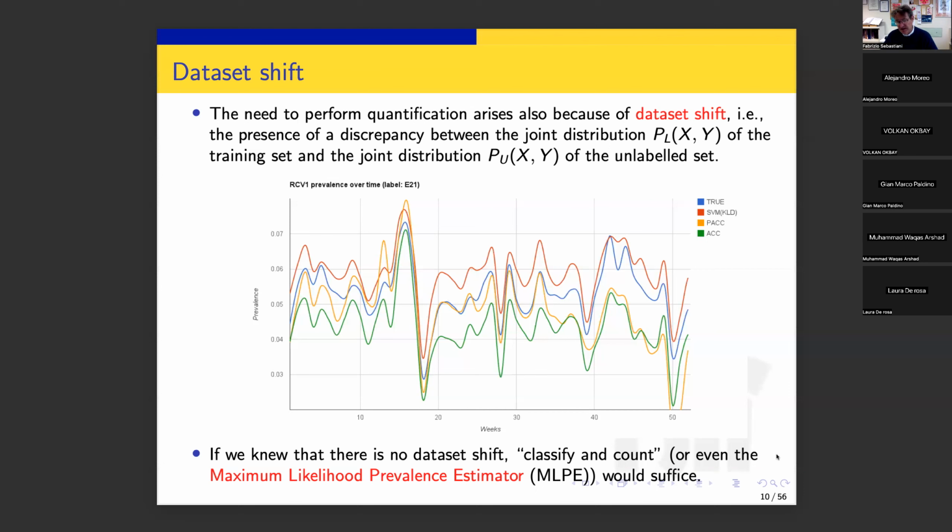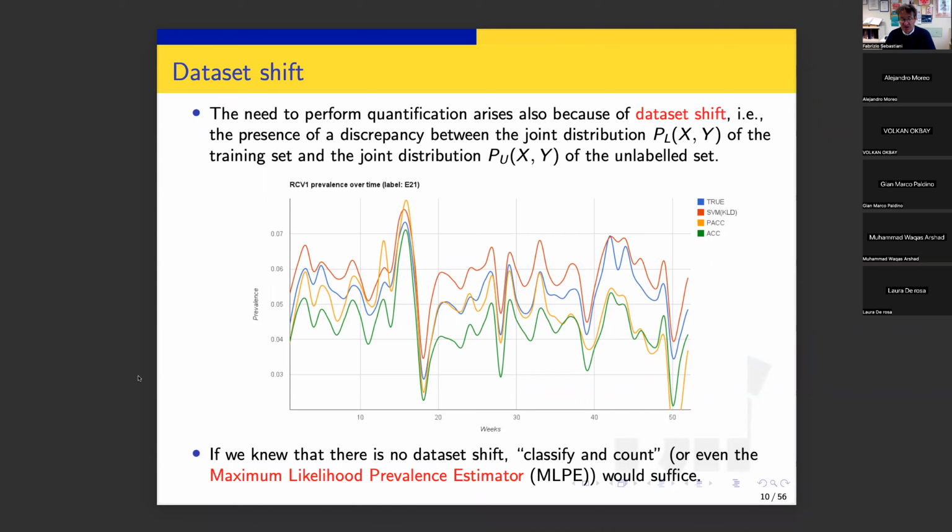And of course, the plot which can approximate the blue curve better is the better one, which in this case is the red one. In this case you see that there is dataset shift, but if we knew that there is no dataset shift,